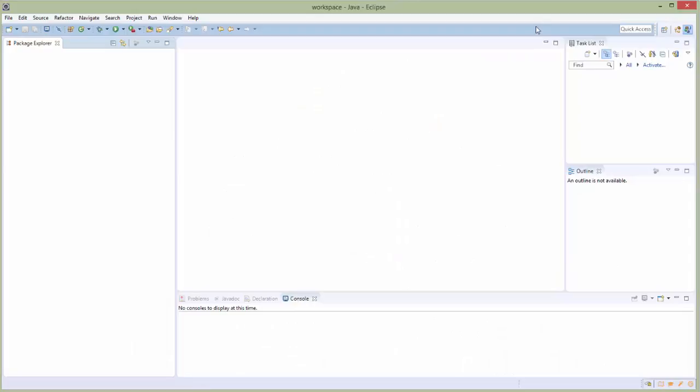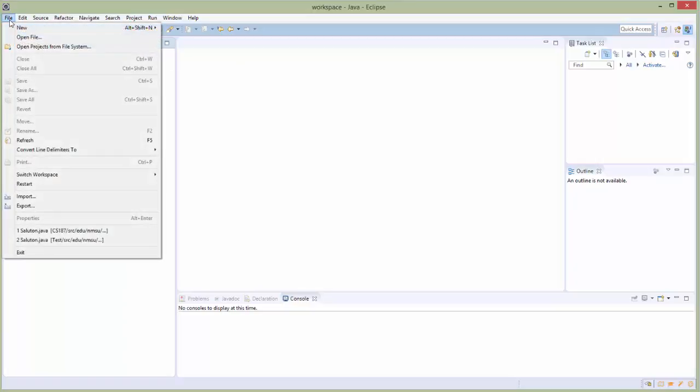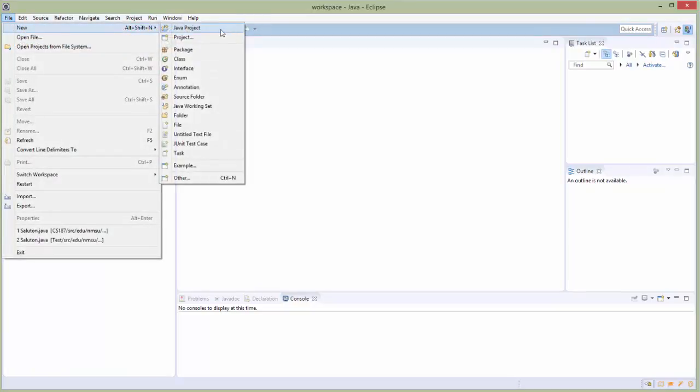and let's get started. The first thing, if you're following the book, it tells you that we need to create a project. Now this project is the umbrella that all of your programming for this course will be under. So you will only take this step one time. What we need to do is go to File, New, Java Project, and we're going to call this